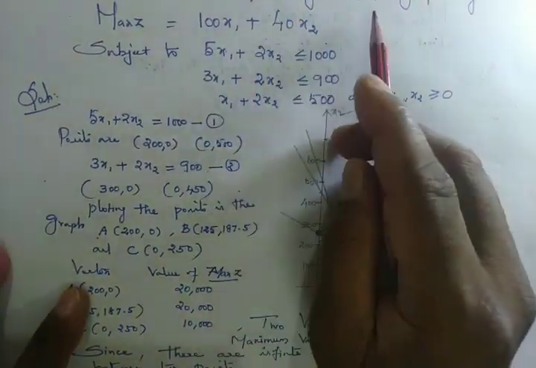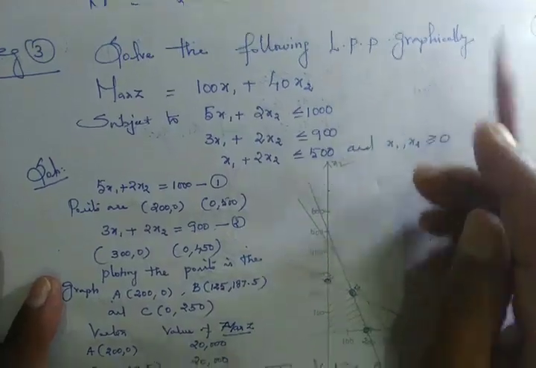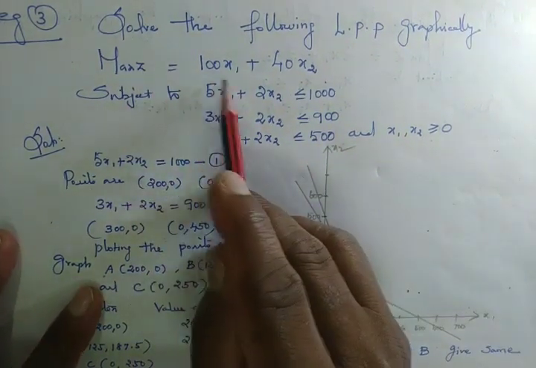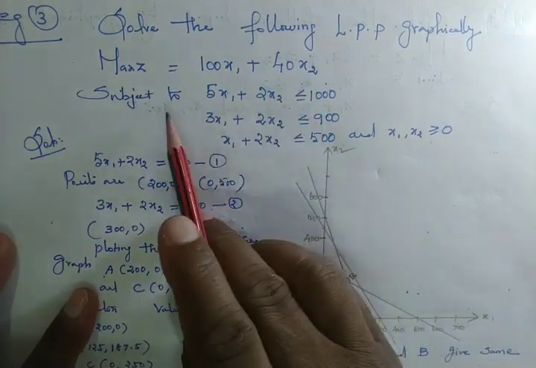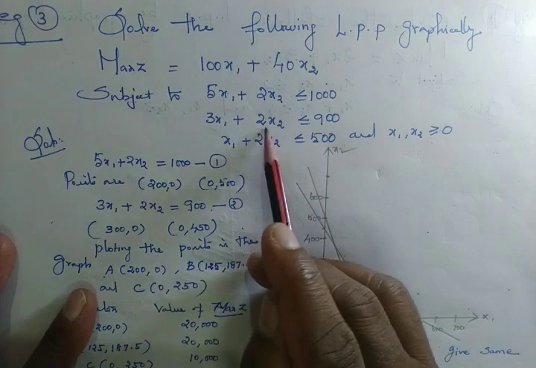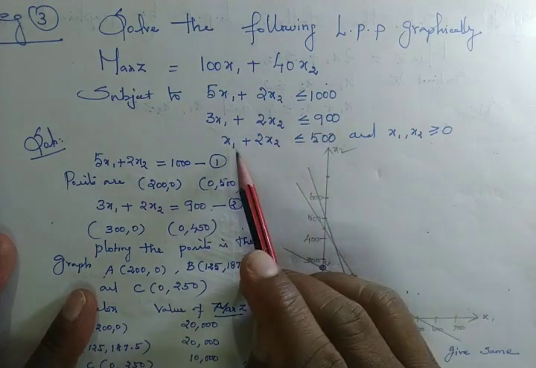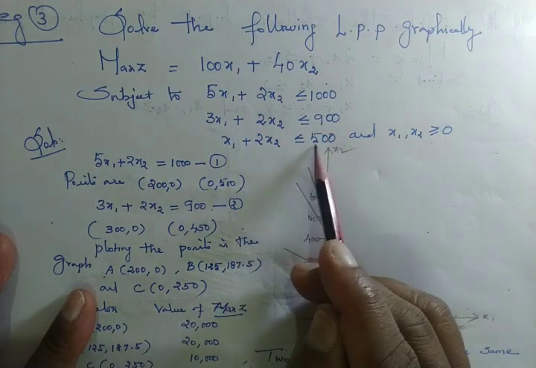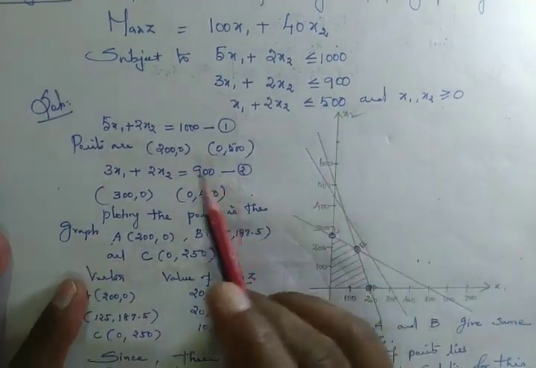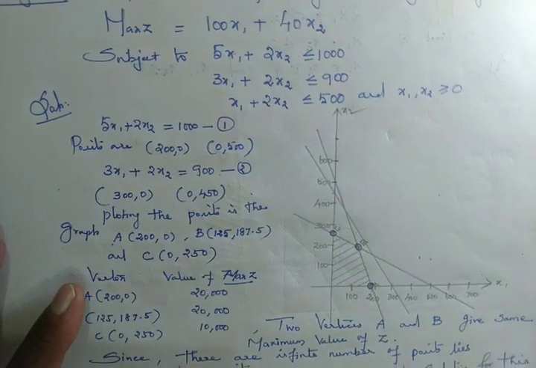Solve the following LPP graphically. Here the maximum of z is 100x1 plus 40x2, subject to the constraints 5x1 plus 2x2 less than or equal to 1000, 3x1 plus 2x2 less than or equal to 900, and x1 plus 2x2 less than or equal to 500. We have three constraints in this problem, and as per the procedure of the graphical method,